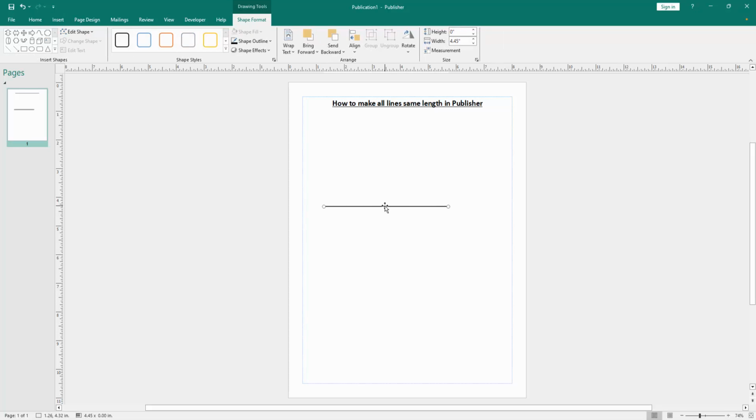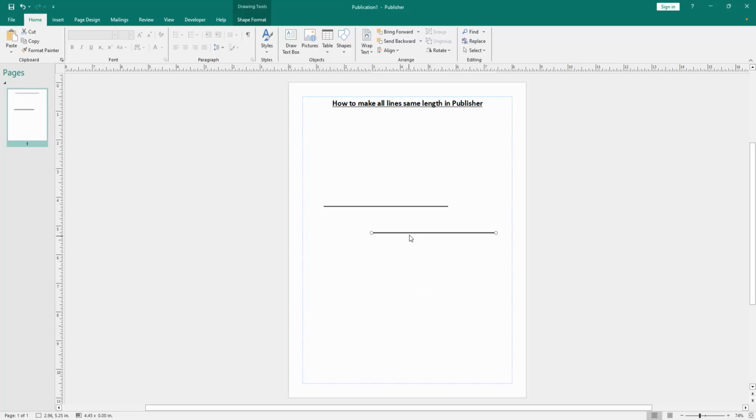Now we can see we inserted a line shape. Then we want to make multiple lines. Press the right button on our mouse and click copy, then paste inside, then again paste this line. Now we can see we inserted 3 line shapes. Then press Shift on our keyboard to select the multiple lines